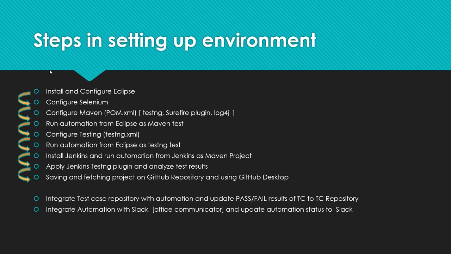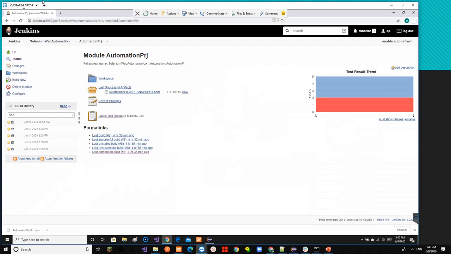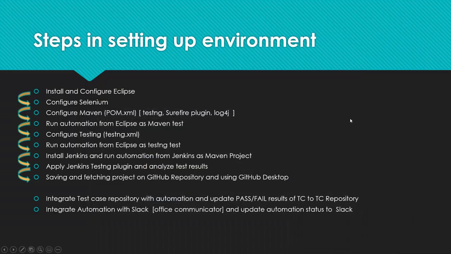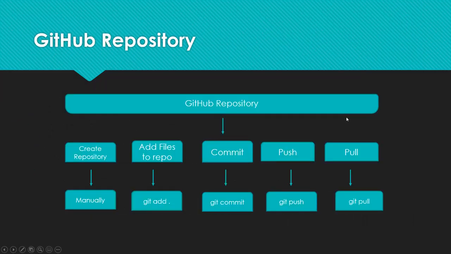So as always, we'll create a GitHub repository from scratch. We'll install GitHub Desktop and interact with the GitHub repository using GitHub Desktop. We'll also use git commands to interact with the GitHub repository, and we'll do all this from scratch on our demo setup, which is a Windows 10 box. But to give you an idea of what we want to achieve, I have this slide.